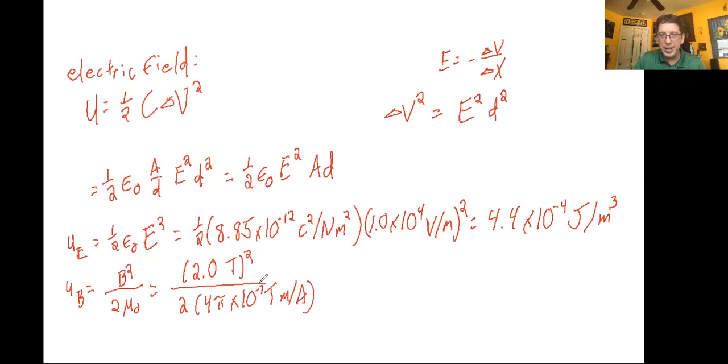And again, you plug these numbers together, you're going to get a value in joules per cubic meter, but notice how much different it is. So 2 squared divided by 2 divided by pi divided by 4 times 10 to the negative 7 gives us,